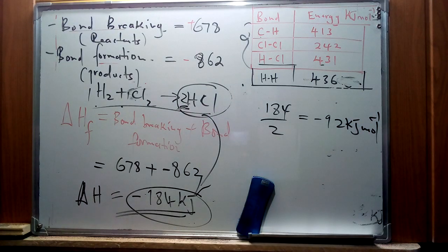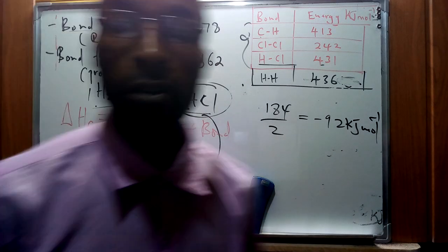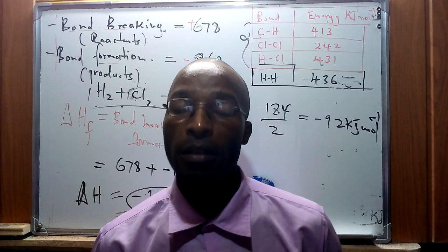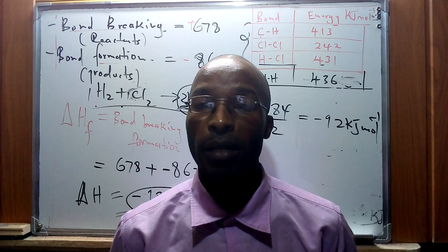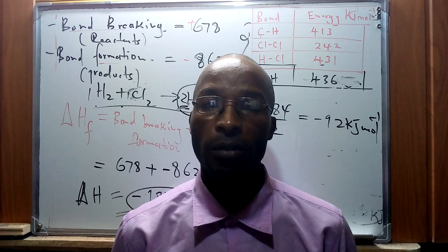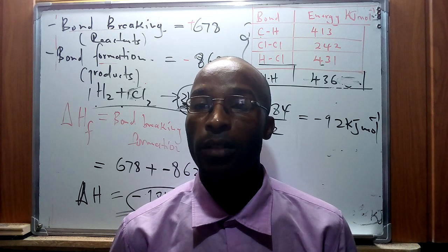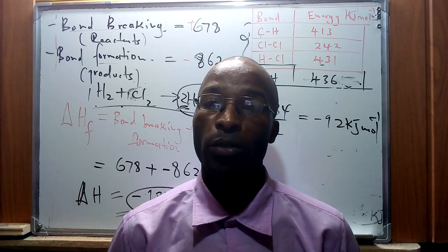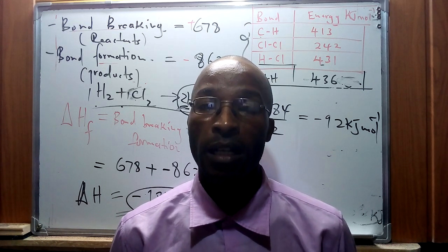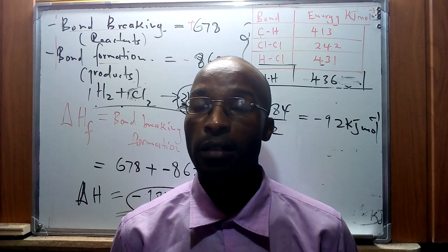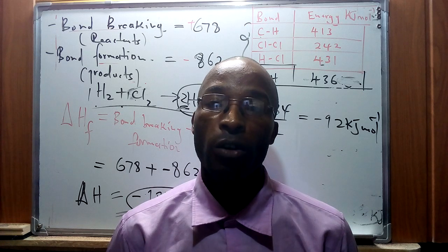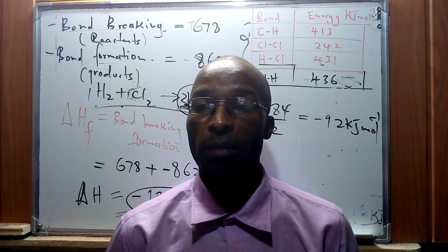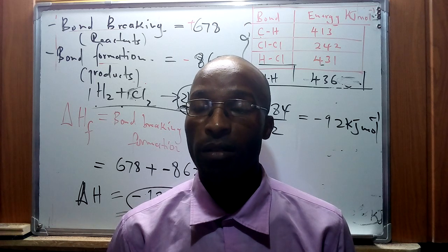So basically, this is one of the strategies, as I've said, that we can use to find the enthalpy of formation of other compounds. So I hope that, apart from the thermochemical cycles that we have already practiced, all the energy levels that we have seen and Hess's law of summation, we can also use this fourth strategy in order to find enthalpies of reacting elements to form compounds. So I hope this is understood, and we're going to apply it appropriately in case we come across a question